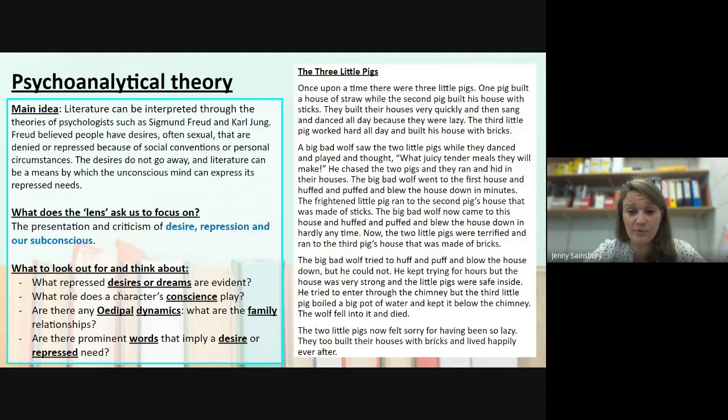For example, I can help you out with this one. Some of you might, when in your study of English literature at GCSE, have come across the term phallic imagery. Now, that would normally be used when we're talking about something like Macbeth or Romeo and Juliet. A phallic image is an image that represents male genitalia. So you could argue that a chimney is a representation of a phallic image. Okay. So have a little read of this.